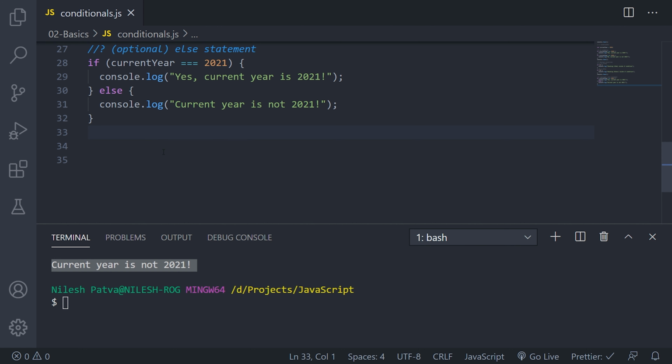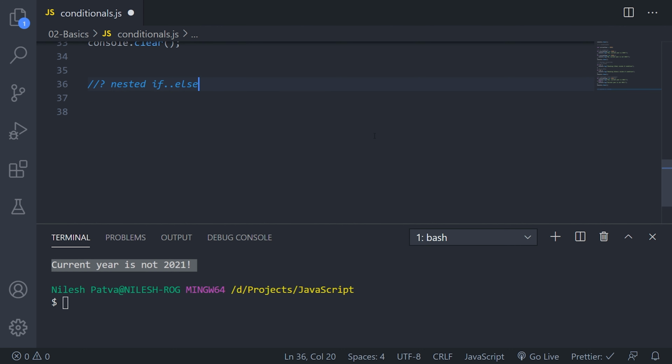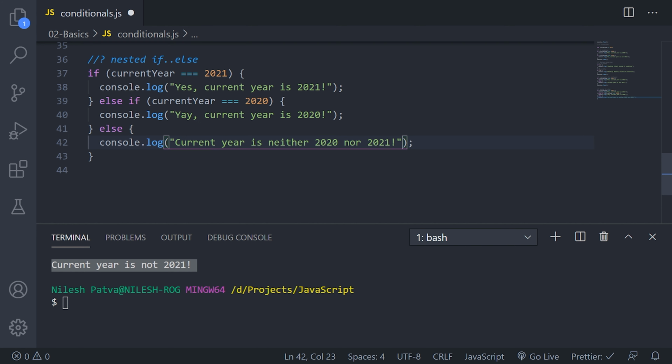Let us see another example. Nested if else statement. First I am checking current year with 2021, then I have written else if, which means if this condition is false, then check this second block.